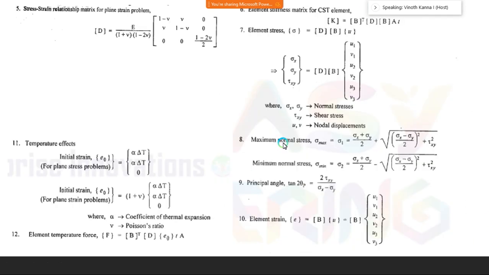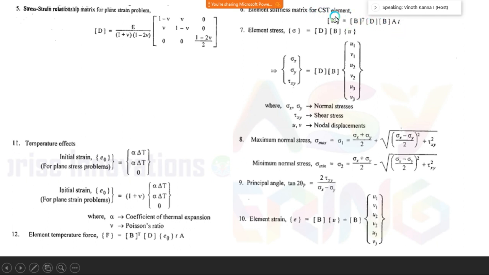So finally, we go with the element stiffness matrix, that is the K matrix. That is our aim. For a 13 mark question, they will maximum ask up to the element stiffness matrix. K is equal to B transpose D B. This is not a common formula for all units; only the final one changes based on the unit. For the third unit it is common. So K is equal to B transpose D B. You need to follow the same order because we are multiplying matrices, so follow the same order to get the correct answer.